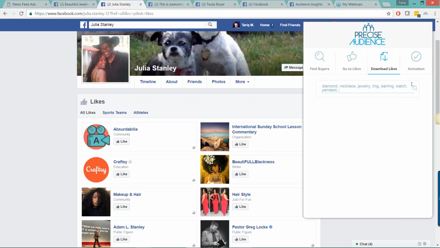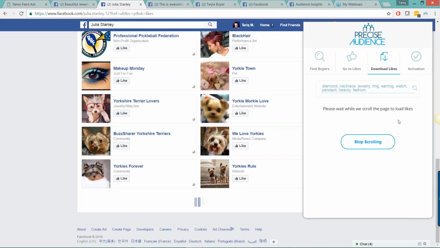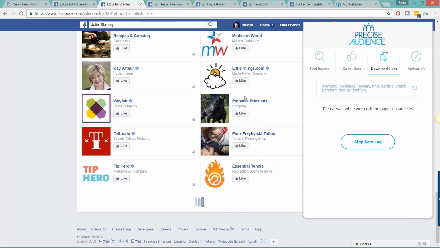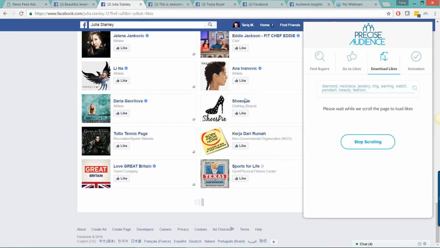Pendant, maybe beauty. Can we try beauty? Maybe we can try fashion, because maybe that's something that we want to target. Bracelets, it's Valerie, yeah. Okay, so again, what we want to do is try and search for these. So again, now as you can see, Precise Audience is actually going into